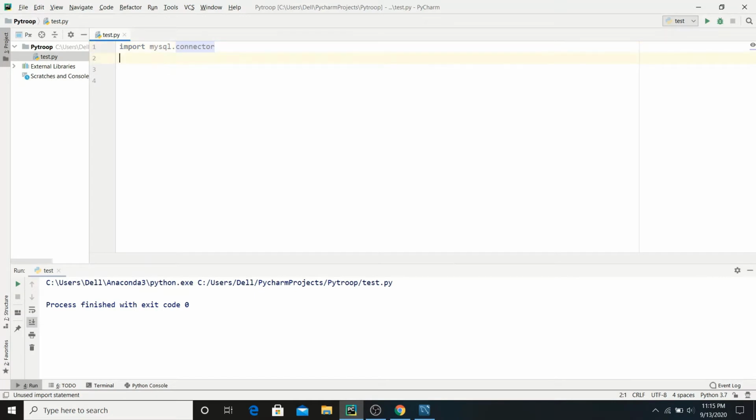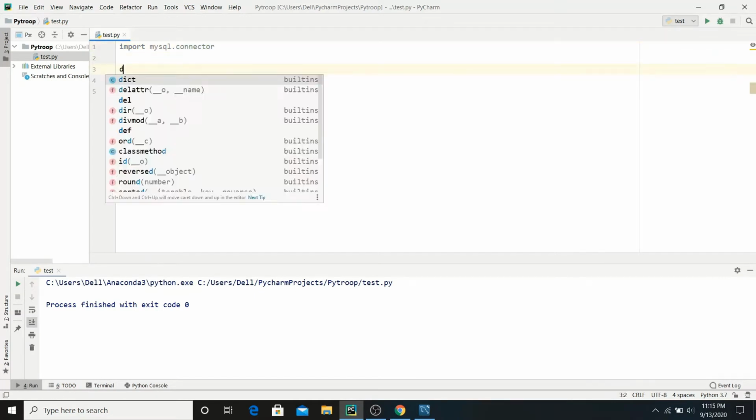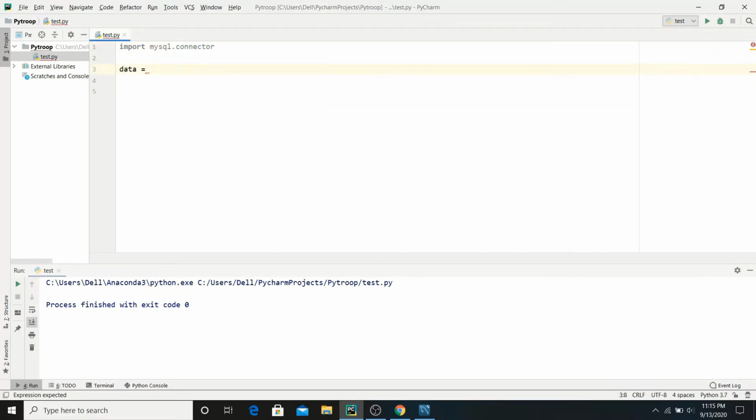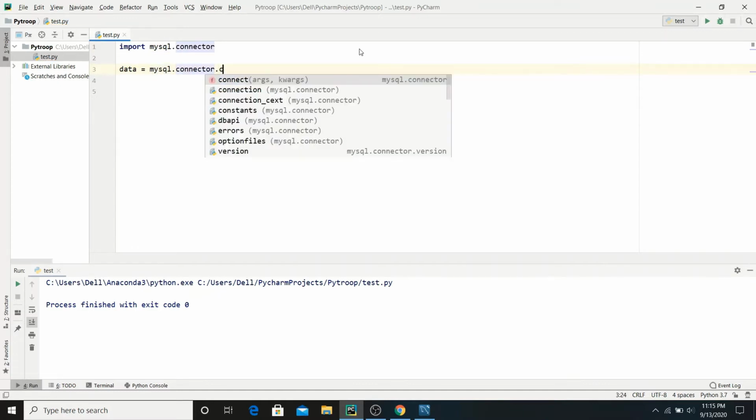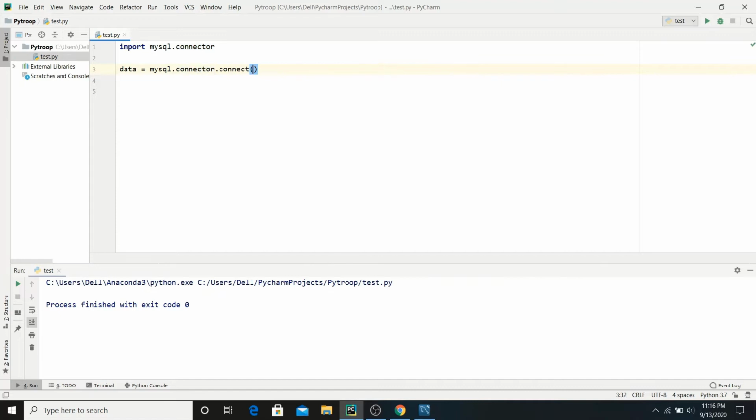mysql.connector. This is the library you have to import. Then you have to make a connection to your localhost. Let's say you have a variable data equals mysql.connector.connect, and inside this connect function you have to write host, which is localhost, and comma user, which is root, and then just type your password to access this localhost.